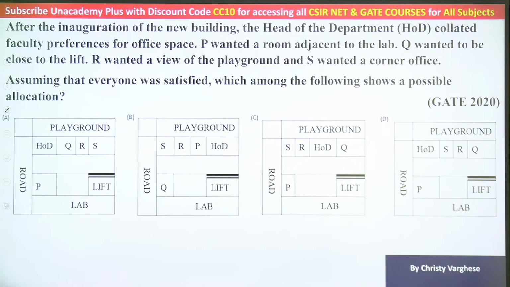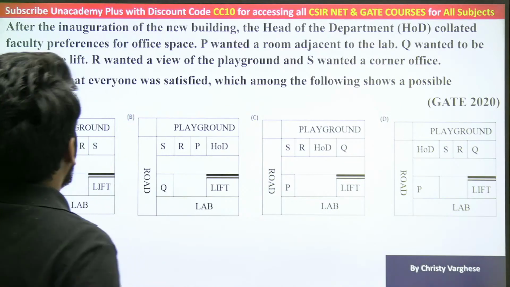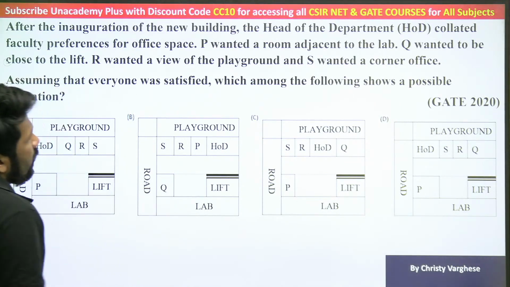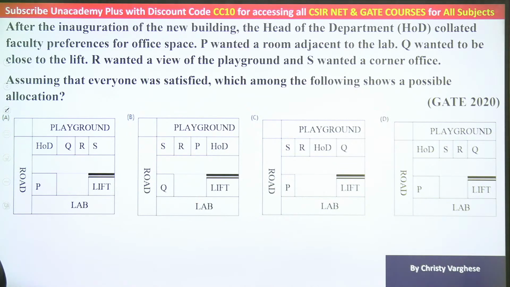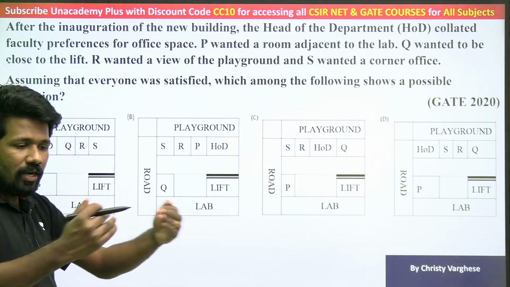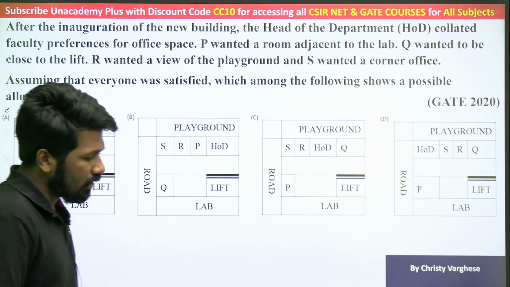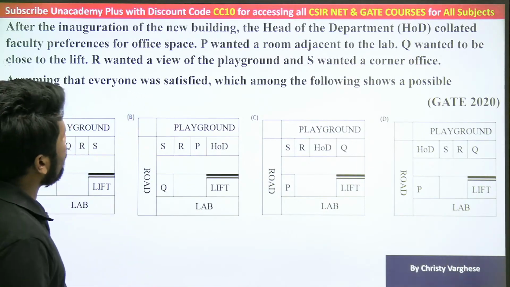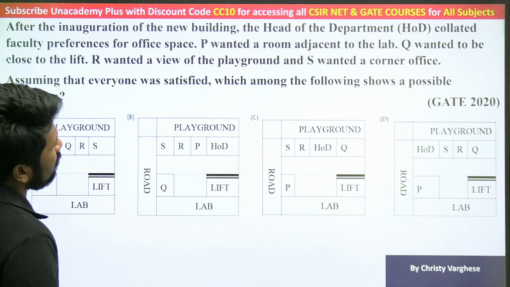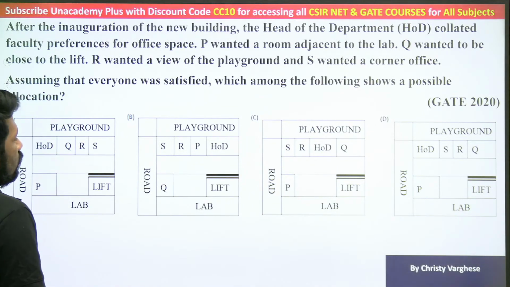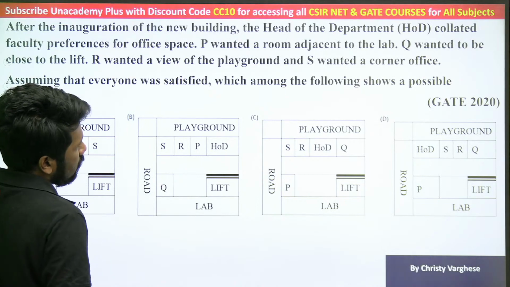Many of you got the answers, and most of you are right. So I'll explain. After the inauguration of the new building, the head of the department collated faculty preferences for the office space. That means he collected the preference by the faculty where they want to get their room. P wanted a room adjacent to the lab. Adjacent to the lab means